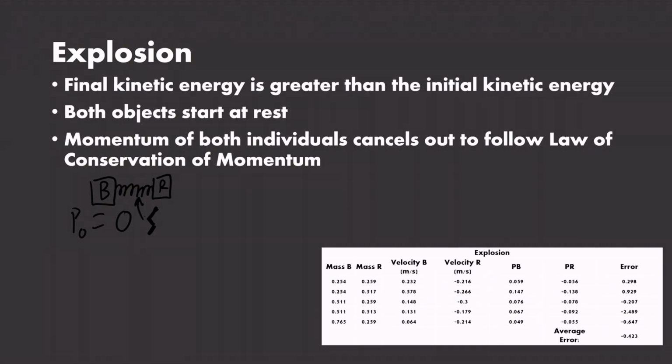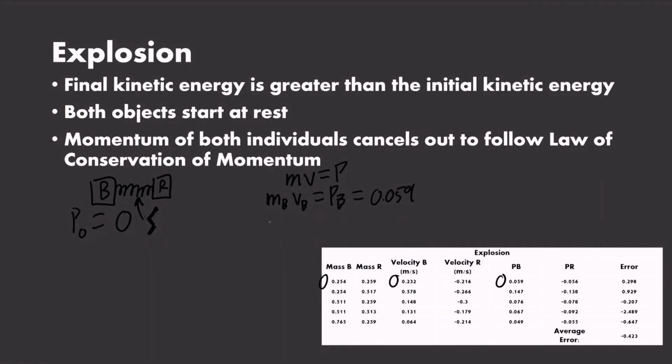And so to calculate what happened, what's going on, our error, we can use the mass times the velocity, which will give us our momentum. So for blue, we will do mass of the blue cart times velocity of the blue cart will equal the momentum of the blue cart. And this equates, as seen in our chart, we have the mass of B, the velocity of B, and then our momentum of B, which is